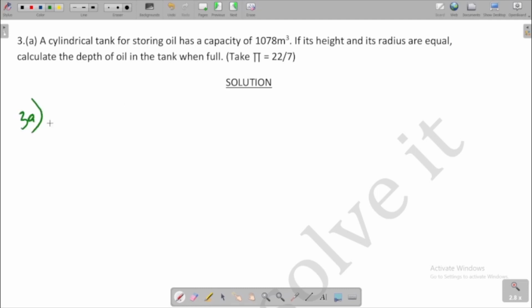So this question 3 is talking about a cylinder, and we know the formula for volume. We are talking of volume here. The formula for the volume of the cylinder is pi r square h. So now we have our V to be pi r square h. And from the question, we are given that